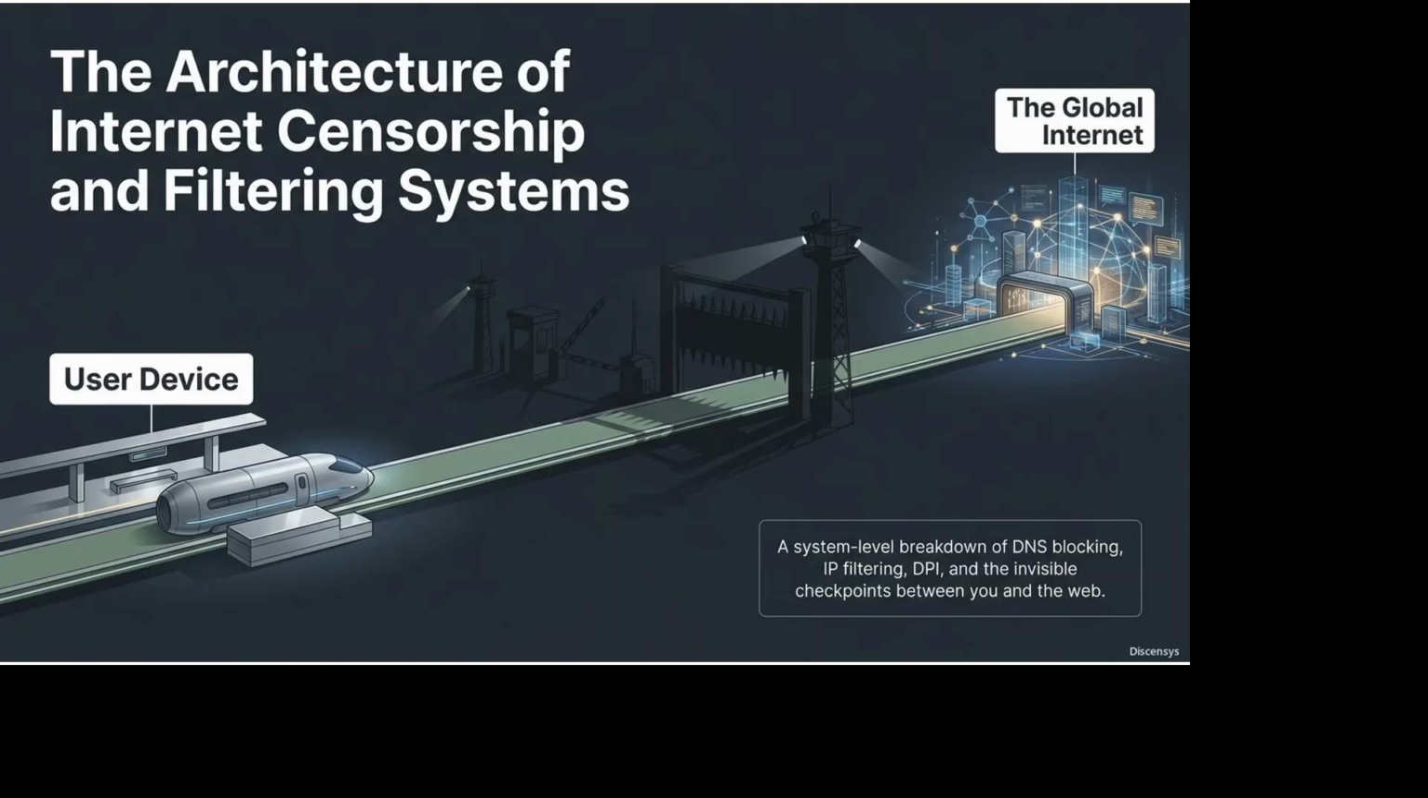Welcome to the session, the architecture of internet censorship and filtering systems. Suppose Ananya, an employee or student, wants to access information on the internet. Throughout the presentation, we follow her request and observe how different filtering systems inspect, block, slow down, or allow her traffic. Right? So imagine Ananya opens her laptop and types